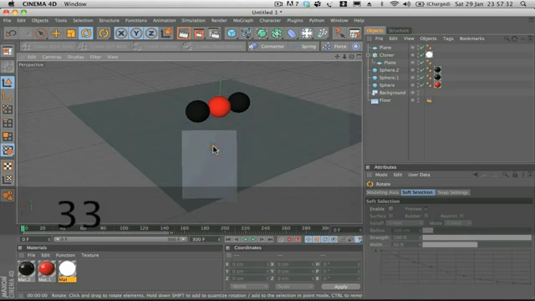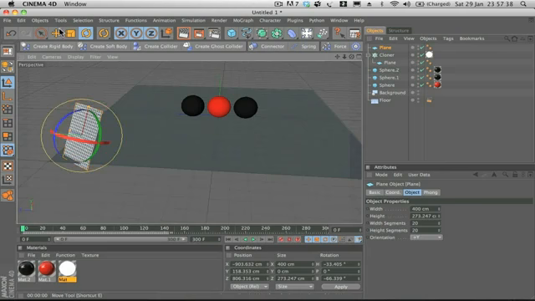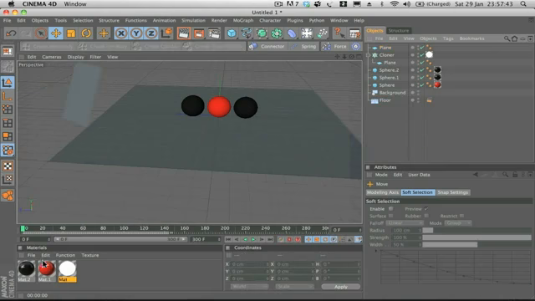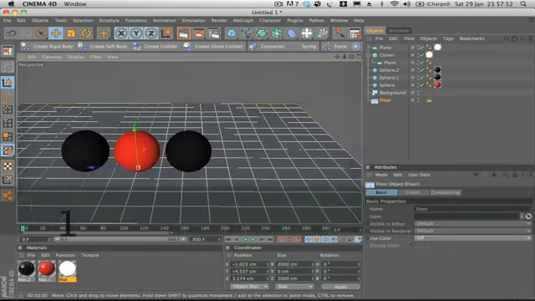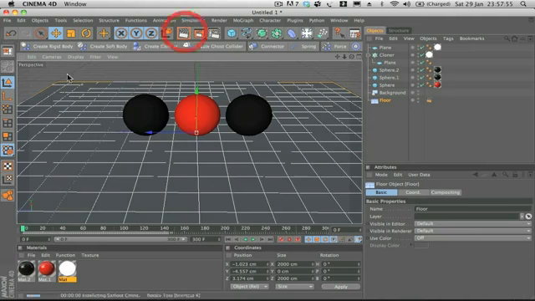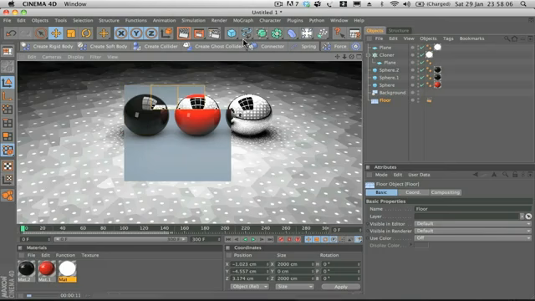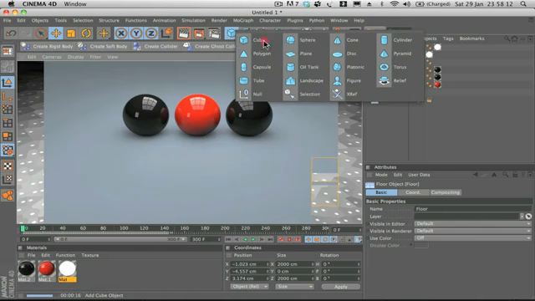So if we look now, that might need moving up just a tad. Move up there like so. And then all you want to do is drop the luminance material onto that plane. So if we preview this now, just get this set up. You can see that now we've got that extra softbox in the back, and we can do this again by